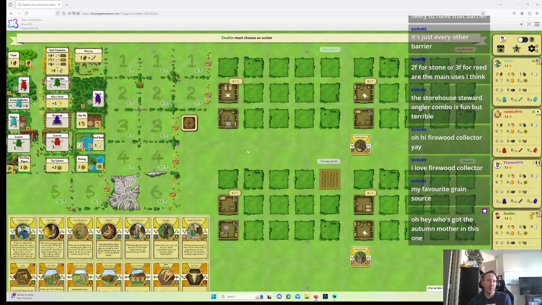Green's going to start player. We're relatively happy with that. We like going second. We would have preferred to stay first, but second's fine. I'd love to just keep taking Reedstone food actions. Green is going to be the type of...